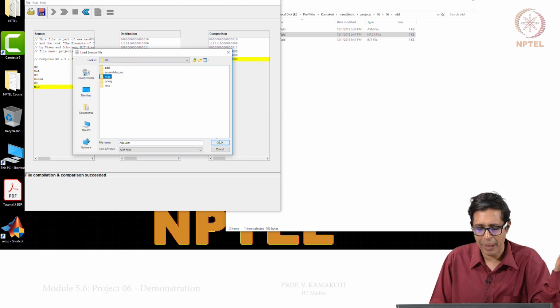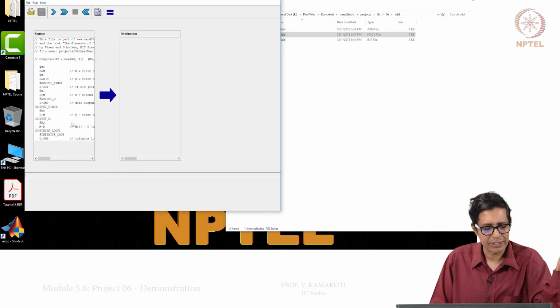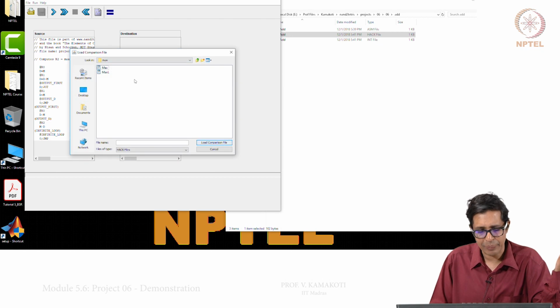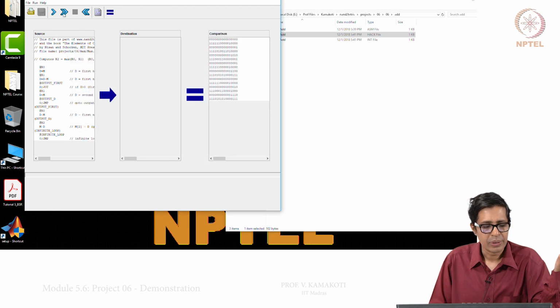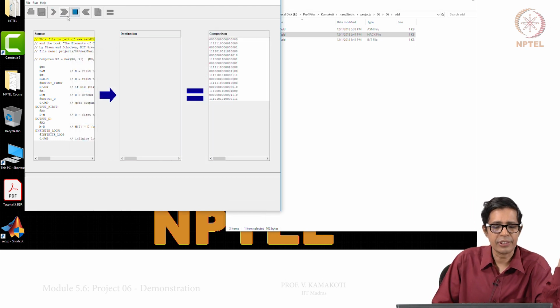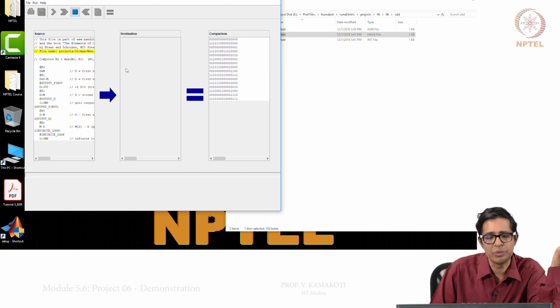So let us take max. Max has one with label and one without label. Let us take this one with label. I have loaded the source file. Now I can also load the comparison file for max. Now this double arrow will automatically do it for you.